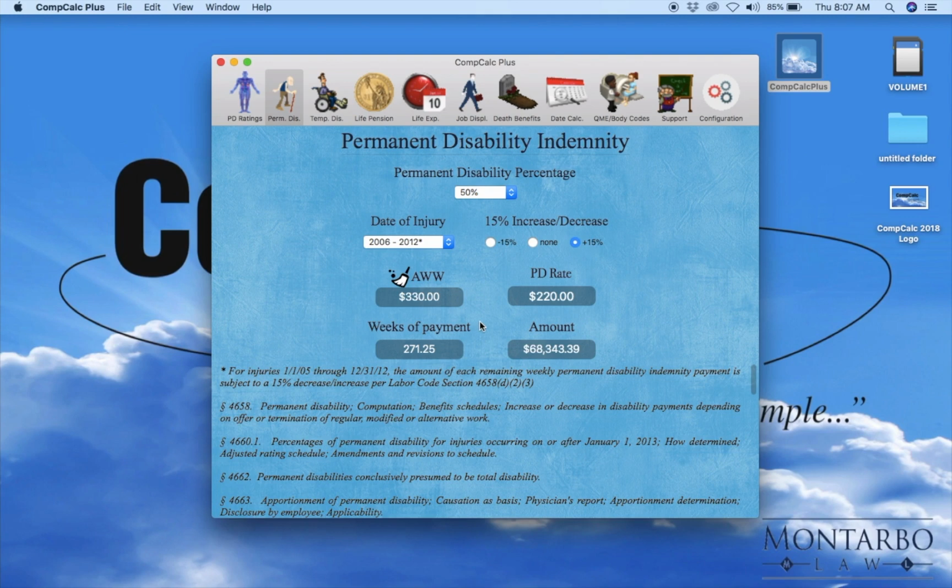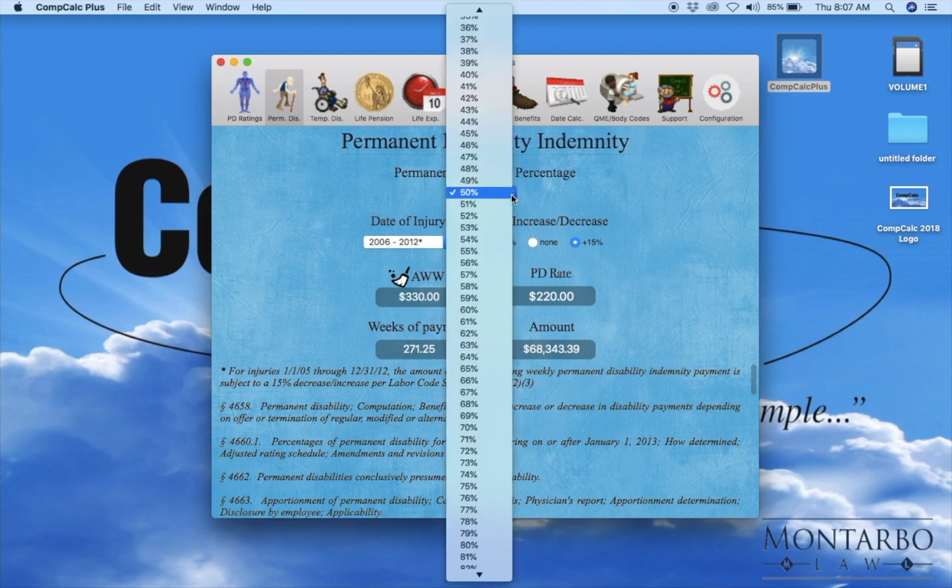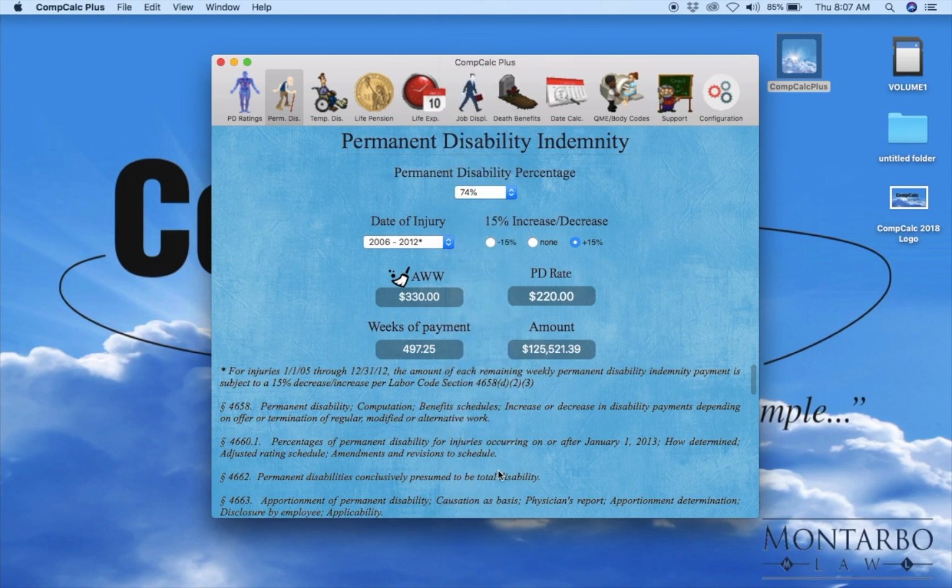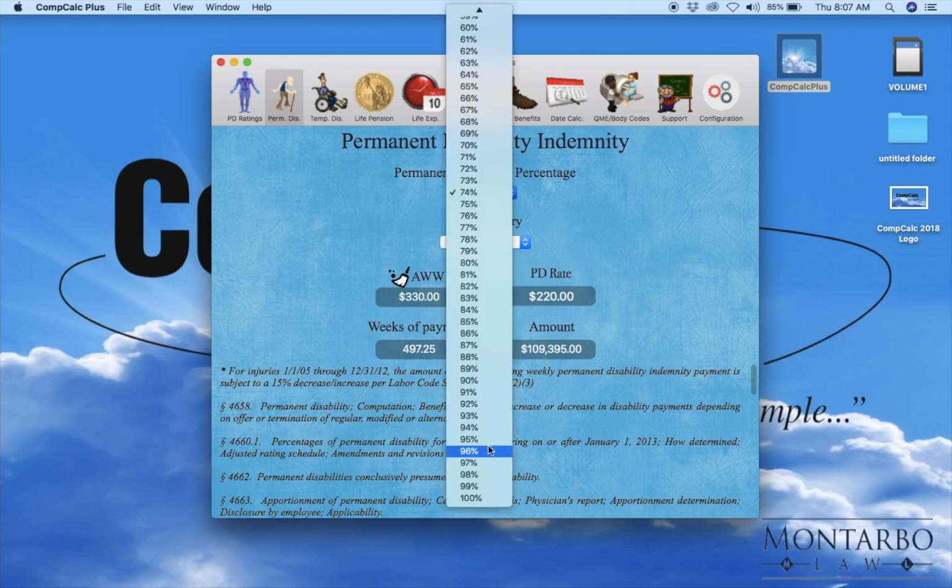One of the things that everybody wants when we're evaluating a case, at least on the defense side, is a simple way to calculate 100%, applying the COLA calculation and the PV calculation. Now I go in greater detail in how this algorithm was written and how it behaves in advanced tips and techniques, but I just want to show you this real quick. Let's say that you have a 100% case. Let's say it's a 2014 date of injury, okay? And now we're going to go to 100%,